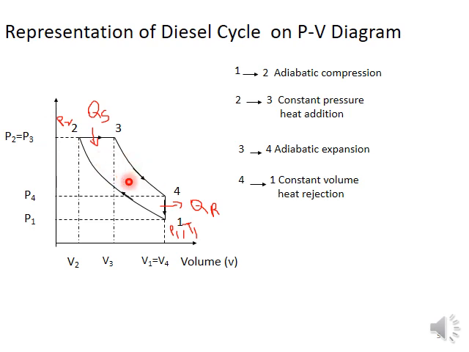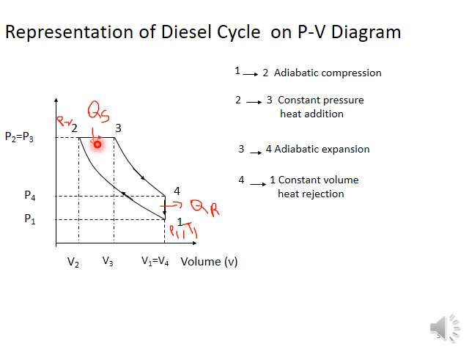Here no heat is rejected, which means no heat transfer across the walls of the cylinder. So work is done on the system, and the volume reduces from V1 to V2. Here the volume is V1 and here the volume is V2. The volume reduces: P1 increases, T1 increases and the volume decreases.